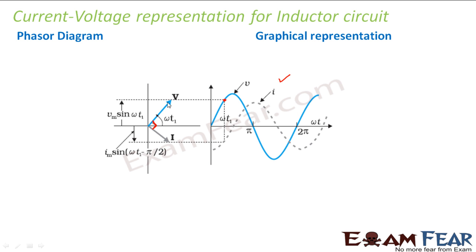In a phasor diagram, how do the phasors move? They just keep rotating like this. So voltage will keep rotating like this and current will keep following the voltage because current lags behind. Therefore, we have drawn current pi by 2 behind voltage. Now you can see how the phasor diagram is advantageous. You can very easily plot the voltage and current relationship because you just need to know the phase difference. You know that current lags behind voltage, so just draw a vector for voltage and 90 degrees before that, draw another vector for current. So things are becoming simpler when we are considering different types of AC circuits.